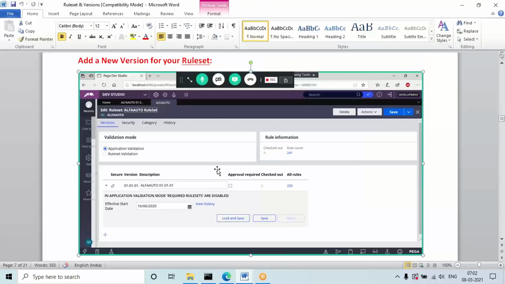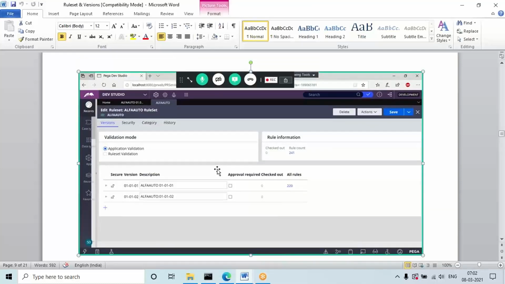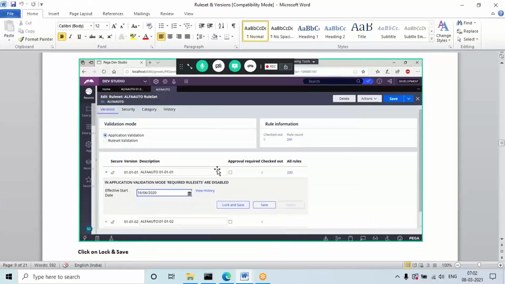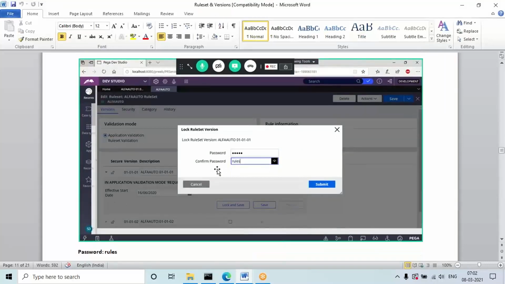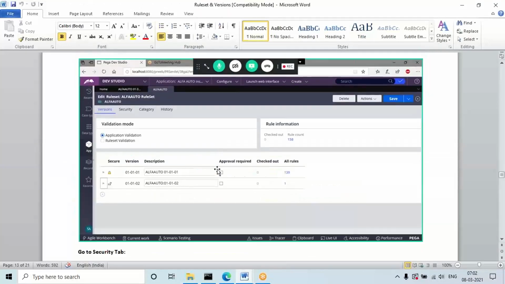Any new rules they want to define, they need to create in the new version. After locking the old version, they cannot directly edit the rules. If they want to edit, they need to move to the current new version and edit there. There is also one option called rule set security. If that option is chosen, it generates some buttons: check-in, checkout, and private edit.